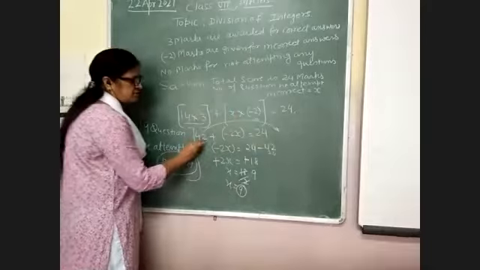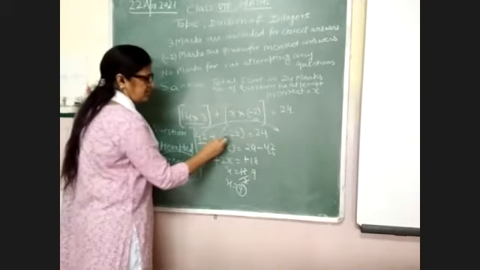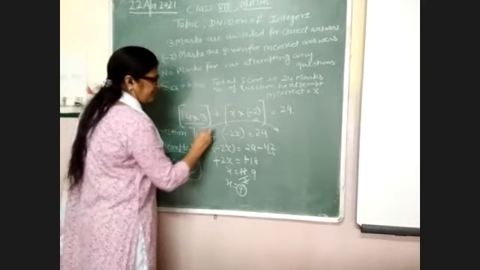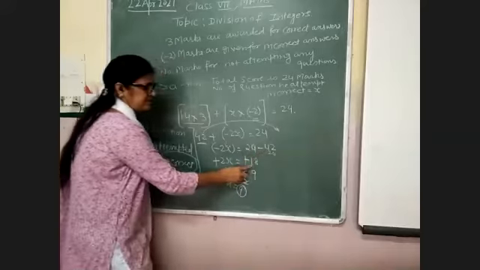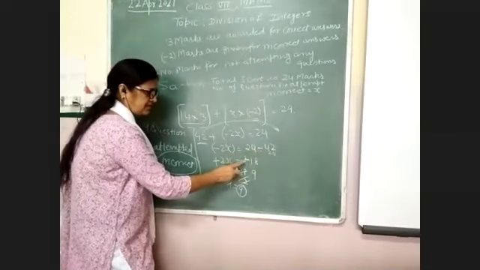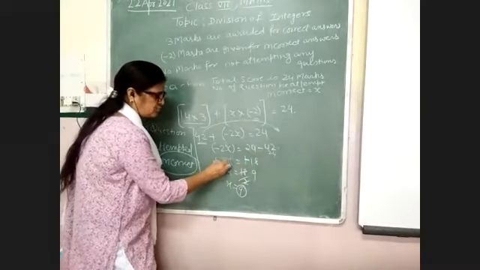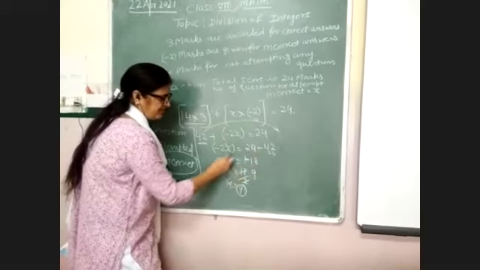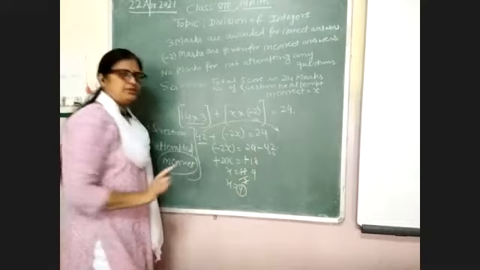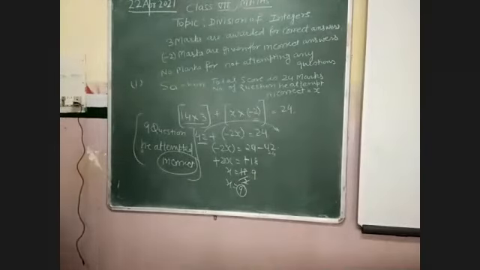So when you transpose 42, the variable x is not used in this statement. So -2x stays here and take 42 on the right hand side. Then subtract 24 from 42, it is 18 and the sign becomes minus. So cancel minus with minus, 2x equal to 18. Then find the value of x. 2 multiplied by x, when 2 goes to the right hand side, 18 divided by 2 is equal to 9. So 9 questions he attempted incorrect. This is the solution of your first part. Note down please.